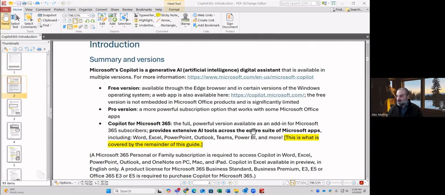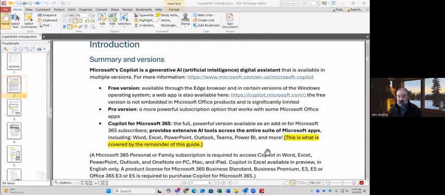And you can't share the account. You can't share it because it is tied to your specific Microsoft account. So that can get pretty expensive for organizations at $360 a year per person every single year. So you really have to know whether it's going to be valuable enough to justify that cost or not.